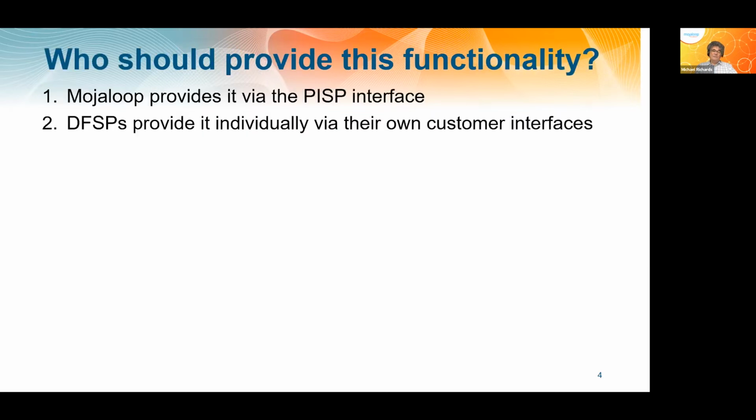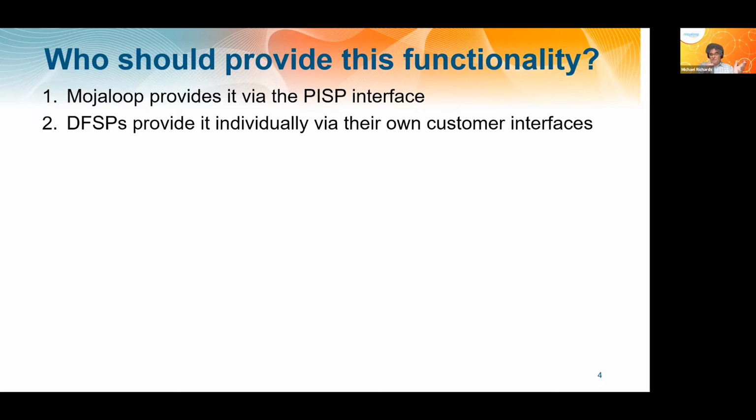Now, the question that we want to ask is, who should provide this functionality? And we think there are two alternatives here. Either Mojaloop could provide it via the PISP interface, or individual DFSPs could provide it individually via their own customer interfaces. Now, as we've seen, there isn't anything in the set of new things which aren't already functionalities that are